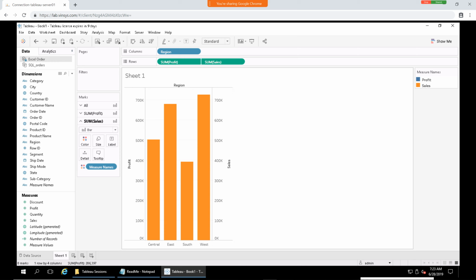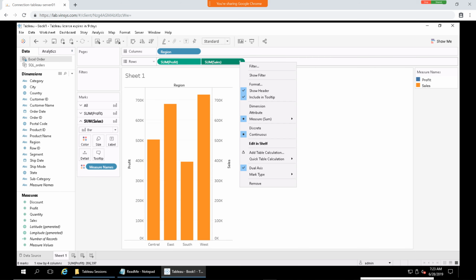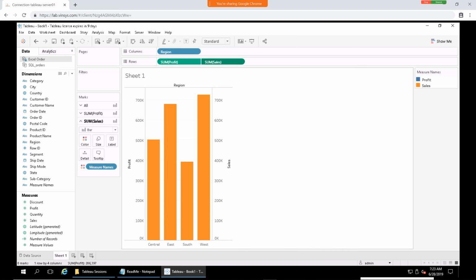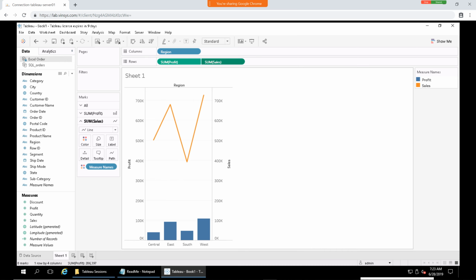So for that, we need to distinguish between both the bars we are getting, whether it is sales or profit. How can we do that? By changing the mark for a particular measure. That's one way. Another way, let's say the user wants to see bars for both measures, then